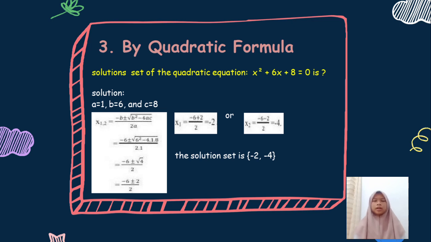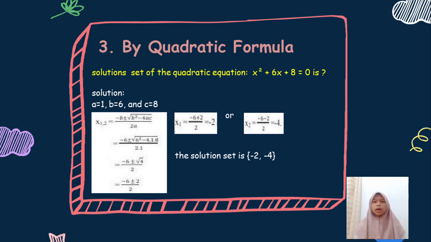In this equation, a is 1, b is 6, and c is 8. The quadratic formula is x equals negative b plus or minus the root of b squared minus 4ac, over 2a. So substitute the values of a, b, c into the quadratic formula. So we get negative 6 plus or minus the root of 6 squared minus 4 times 1 times 8, over 2